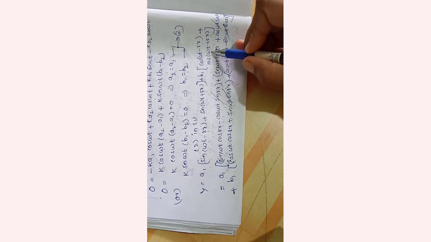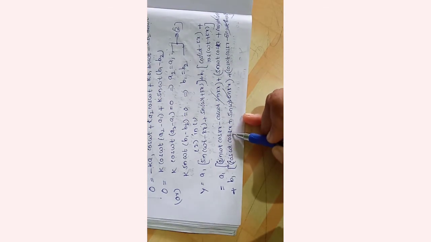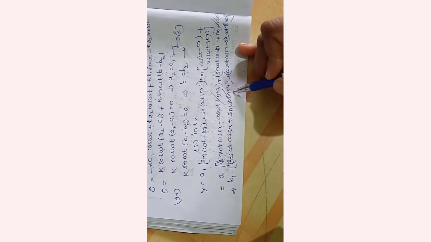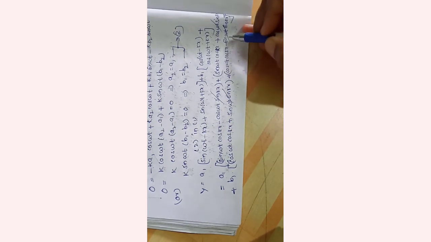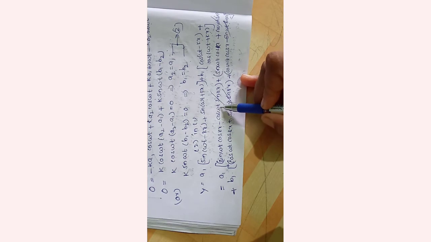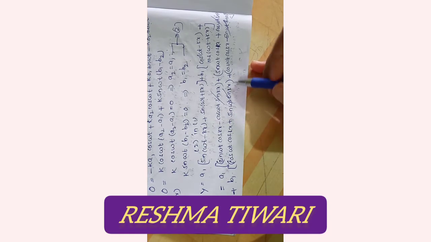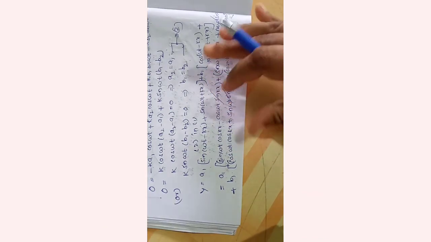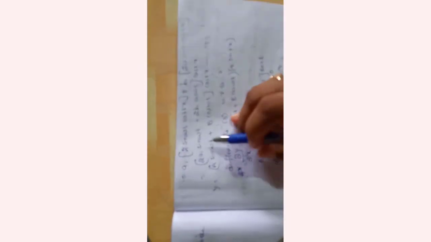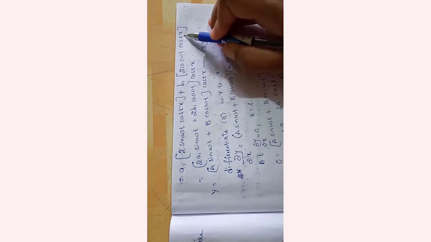So in place of A we are writing omega t, B kx. So plus B1 [cos omega t cos kx plus sin omega t sin kx plus cos omega t cos kx minus sin omega t sin kx]. So here in the A1 bracket cos omega t sin kx strikes off, and here in the B1 bracket sin omega t sin kx strikes off. Now the remaining terms are A1 times 2 sin omega t cos kx plus B1 times 2 cos omega t cos kx.